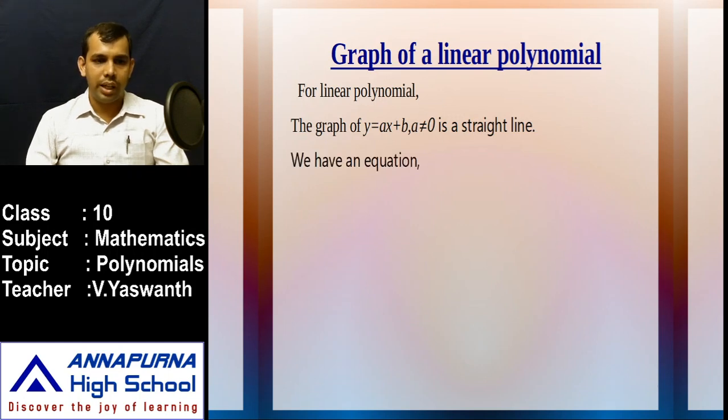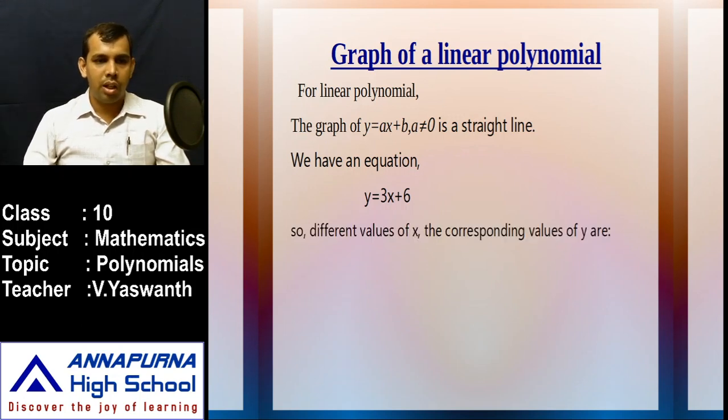Here we have an equation y is equal to 3x plus 6. Actually we are discussing polynomials, sir. Why have you taken an equation? It is very simple. Here the polynomial is 3x plus 6 and the value of this polynomial is represented with y. That's why we are using the equal to relation. Here what is the meaning of y? It represents the value of this polynomial 3x plus 6 at one particular x value.